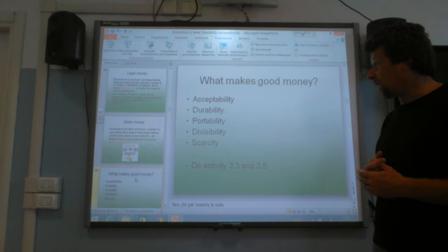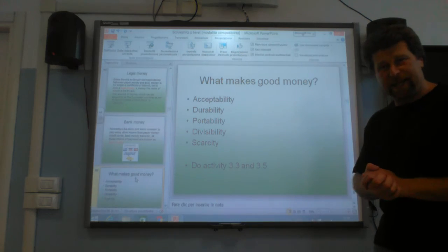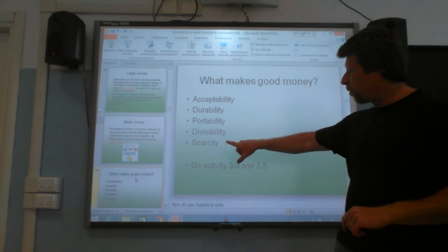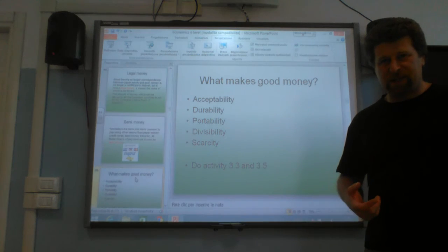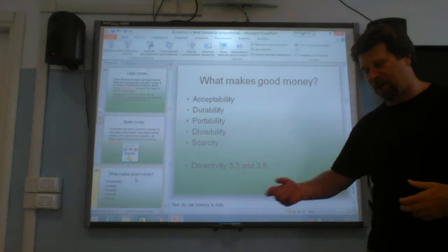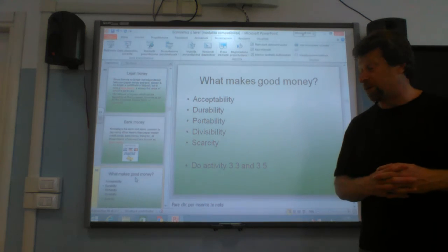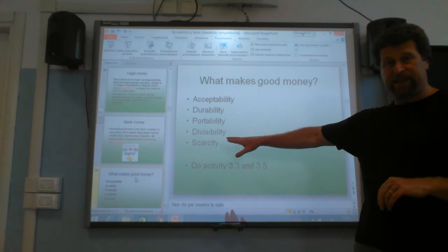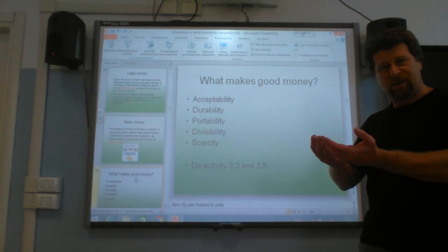Durability, so it's got to be able to last, not like the beer and the sheep we saw with the commodity money. Portability, carryable. We can divide it, and very important, scarcity. If it's something like shells, anybody can go to the beach and just create money, just go and collect shells and go and spend them. It needs to be scarce and controlled. Normally the governments control this scarcity. Maybe they print more money sometimes when it's needed, or less